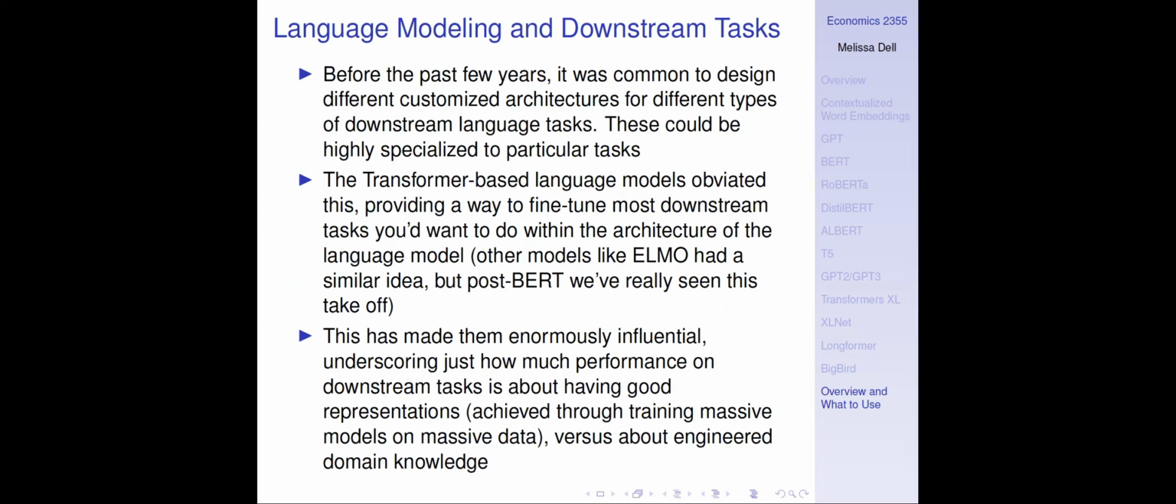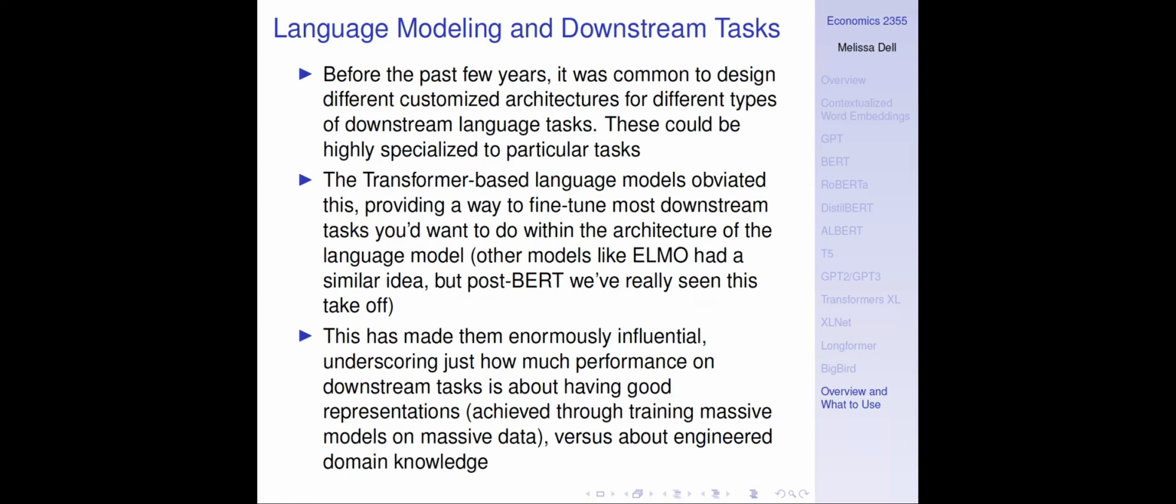And so if you go back to the past few years, it was common to design customized architectures for different types of downstream language tasks. And these could be highly specialized to particular tasks. And so you'd have computational linguistics people, and they specialize in named entity recognition or part of speech tagging, dependency parsing or entailment. They specialize in these specific tasks. And there were specialized model architectures for each of those tasks that tended to be the ones that achieved the